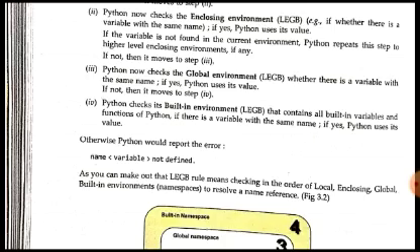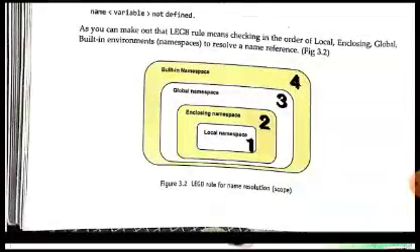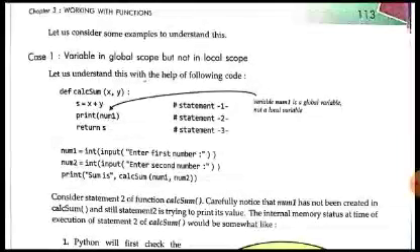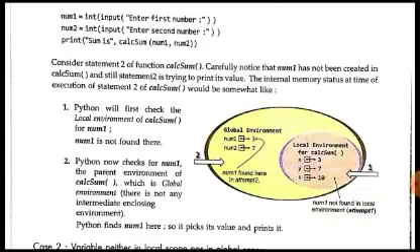Okay, so here they have shown this with the help of a diagram. This name resolution scope, this LGB rule, has been shown here. You can also understand this with the help of different examples here. Like, the different cases are there, like variables in global scope but not in local scope. Then second will be, in that case what will happen? Python will first check the local environment for the variable, and then Python will not check for num1 in the parent environment of calsum, which is the global environment.